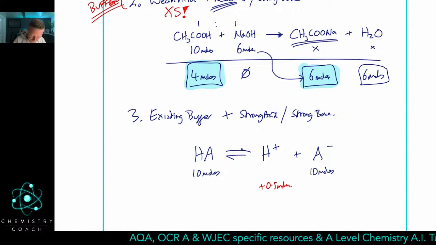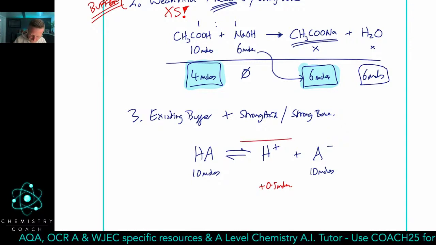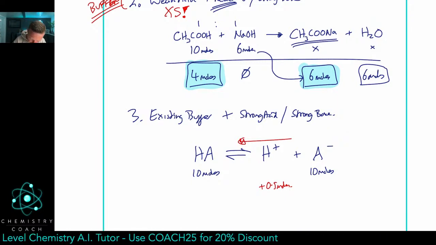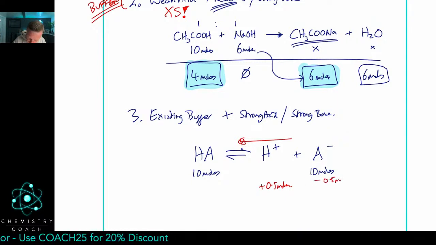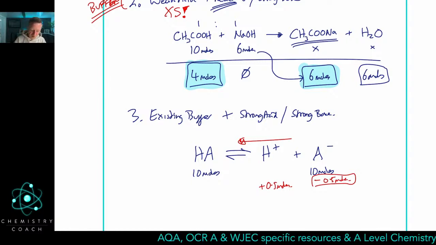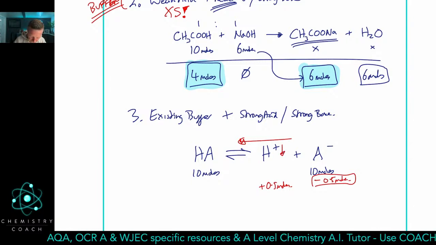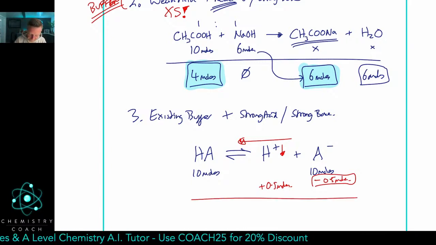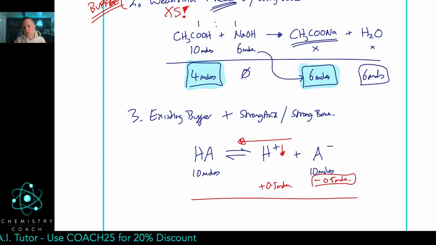So what's going to happen? Well, the equilibrium is going to shift to the left. To do so, it's going to have to use 0.5 moles of our A minus. It's going to have to use the same number of moles of your salt in order to shift that equilibrium to the right and bring that hydrogen ion concentration back down. So what we see as a consequence is that once the equilibrium has shifted, after we've added our small amount of acid,